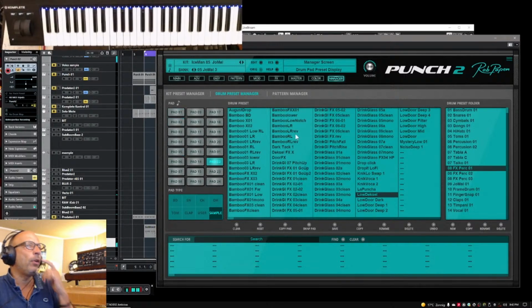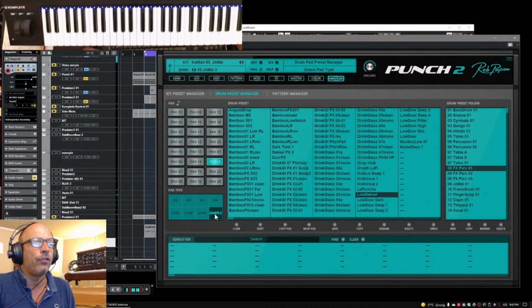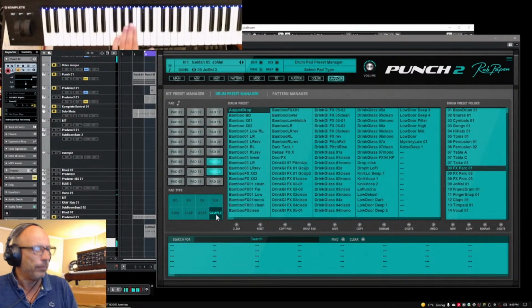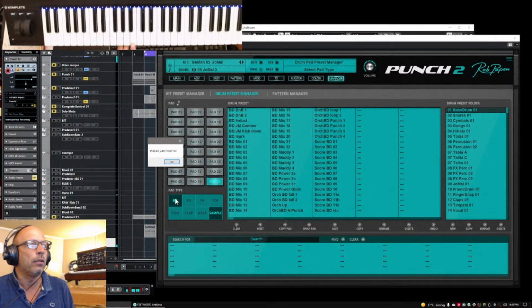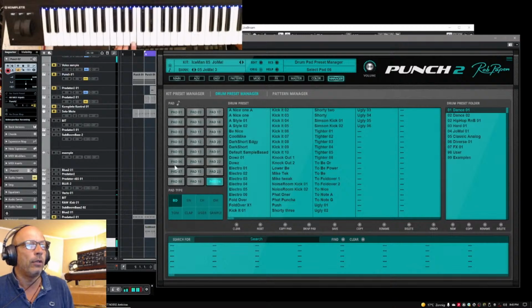So people look at the drum kits above here, but you see with the drum preset manager how many presets we already have for the sample pad. So if a pad is selected for a sample, you have a lot of options. So if I go to pad 24, it's also a sample. I can change it here. I can say, okay, I want to browse the preset file. Okay, I want to have a bass drum,